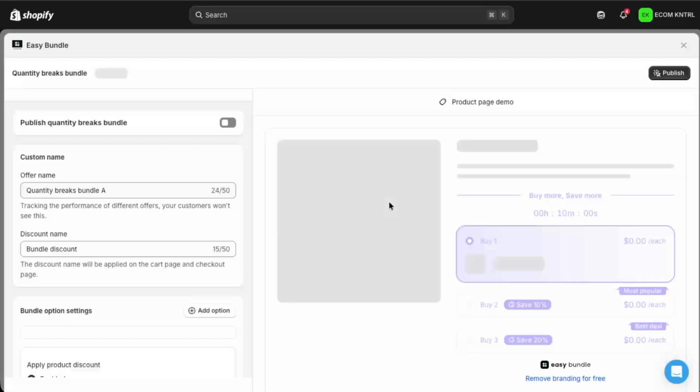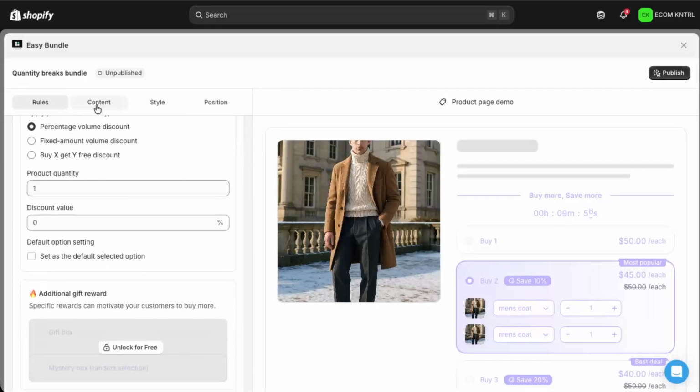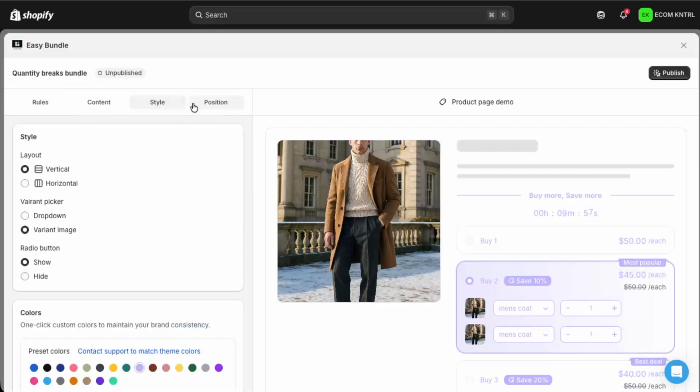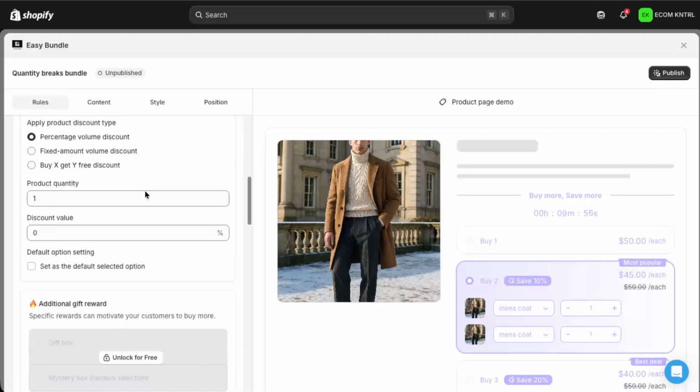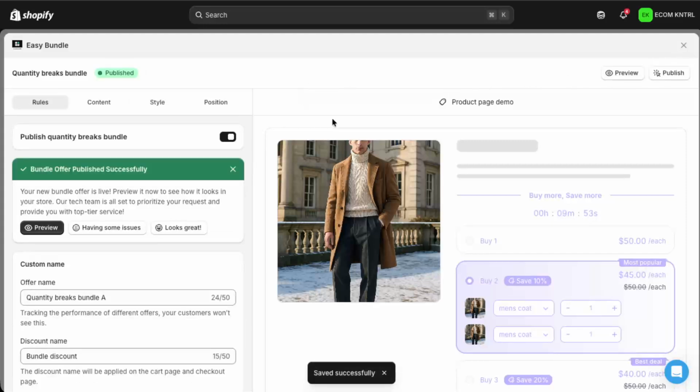Now you can edit and customize your template. Adjust the discount tiers, the quantities, the text, and the design to match your branding and your pricing strategy. When you're happy with how everything looks and functions, click on Publish. Your quantity breaks and bundles are now live on your product pages, encouraging customers to add more to their carts and boosting your